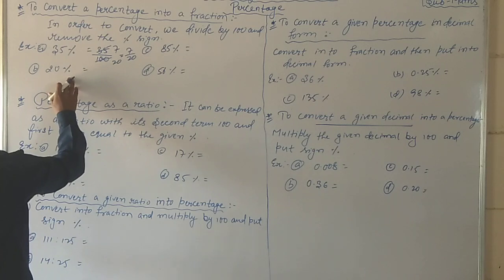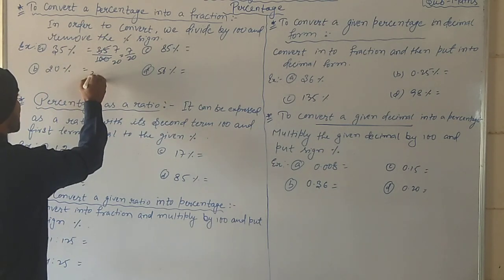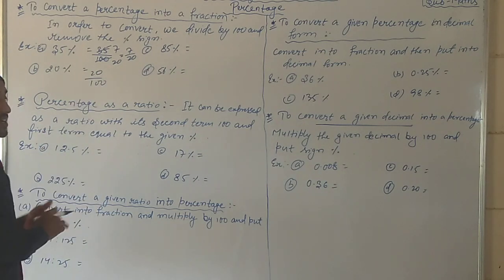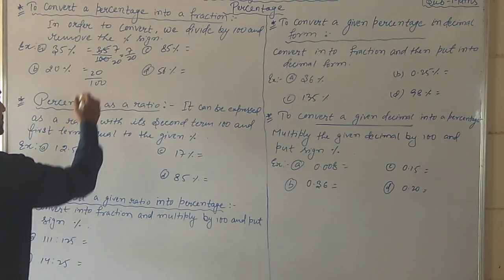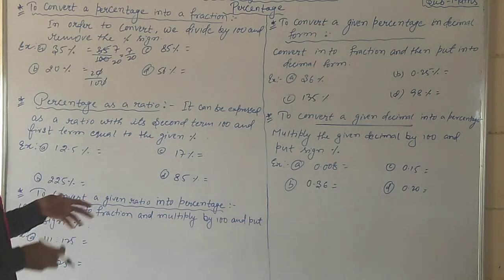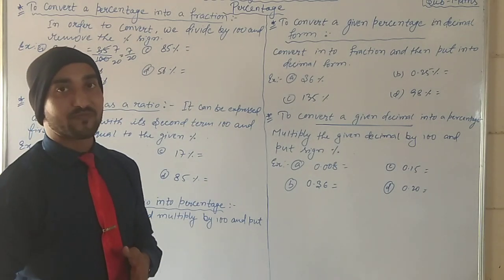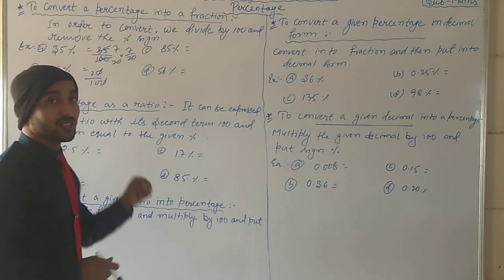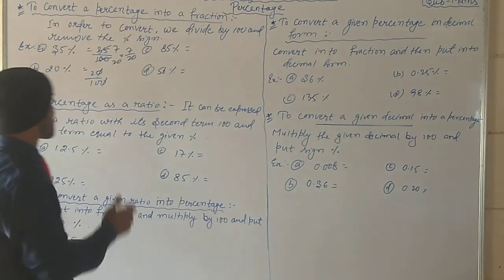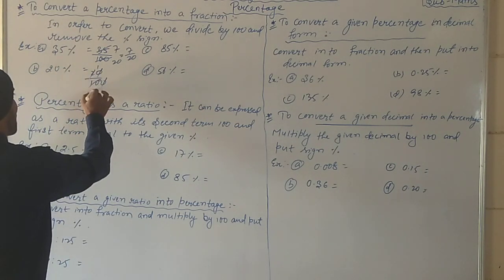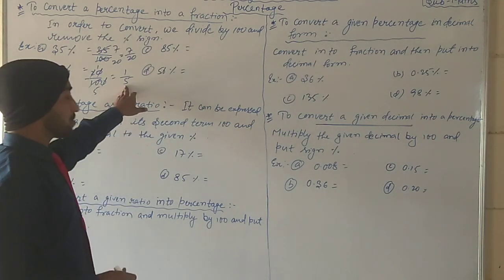See the next one is 20%. At 20%, the same way as we did in the previous one. First of all, 20 by 100. Divide by 100 and remove the percentage sign as we did in the first question. So see, the zeros cancel. You know when the number of zeros is reduced, the term will be the lowest term, and that will help you to reduce very easily. So 2 ones are 2, 2 fives are 10. It means the answer is 1 by 5. It is the lowest term, the simplest term.